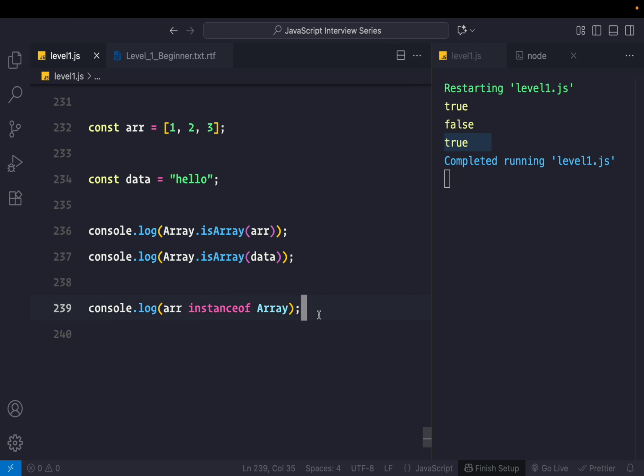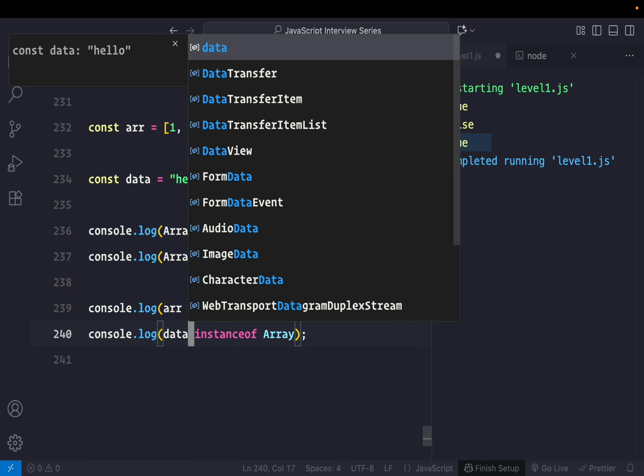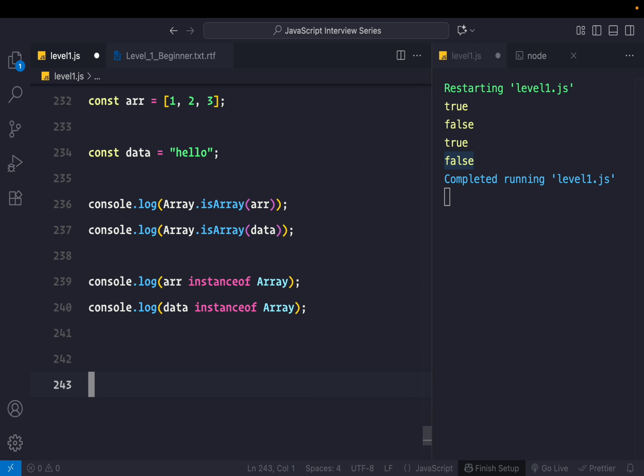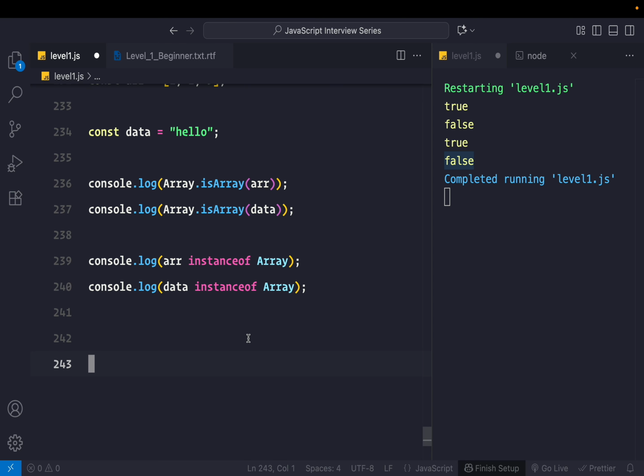But if you do the same for this data variable, no, false, data is not an array. And another way, using Object.prototype.toString method. Okay, so here you can call it